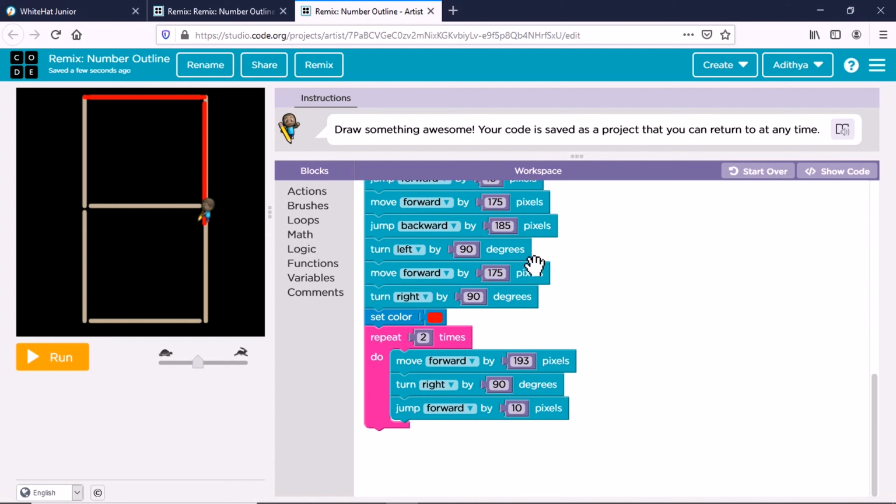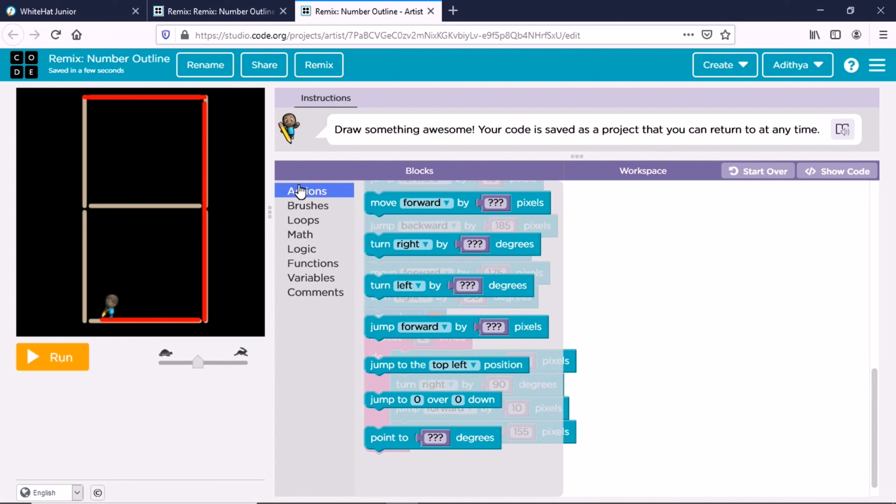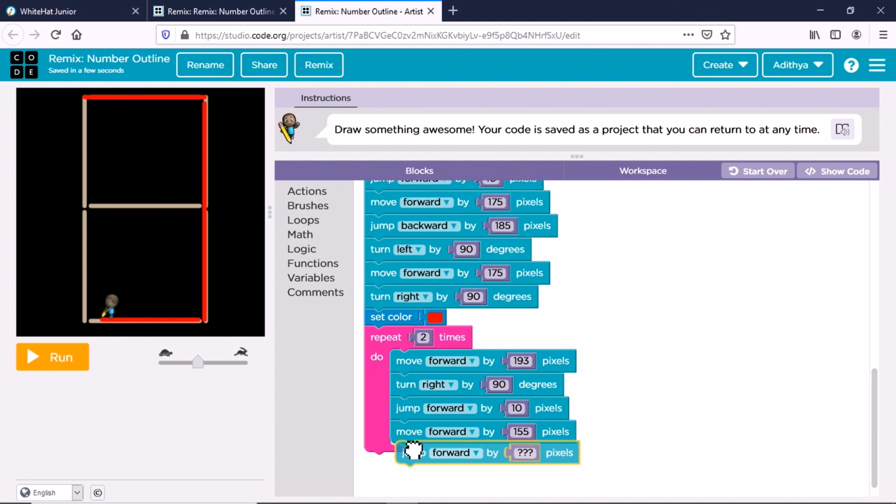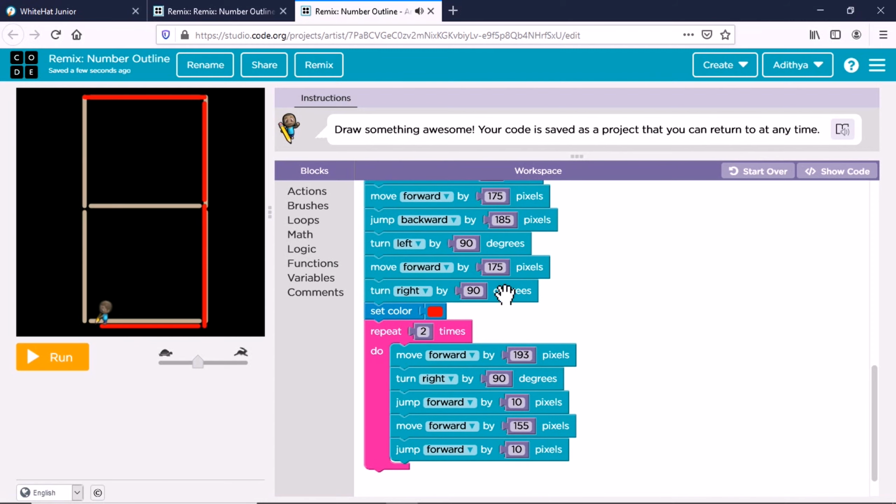Again move forward by 155 pixels. This time the number changed for an 8: 155 pixels. Now jump forward by 10 pixels and at last turn right by 90 degrees.